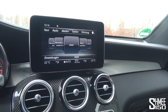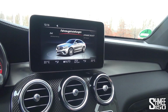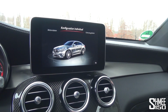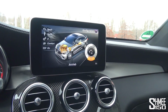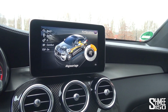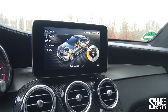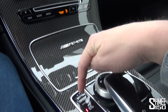It's all set for German at the moment, making my life a little bit harder, but that's car settings, where you have a picture of our vehicle, dynamic select, where you can configure the different driving modes, configure individual if you click in here. So this is where you can see a small sample of the variable settings that you have. So exhaust, traction, engine, suspension, and gearbox, all of which can be configured or adjusted using this toggle on